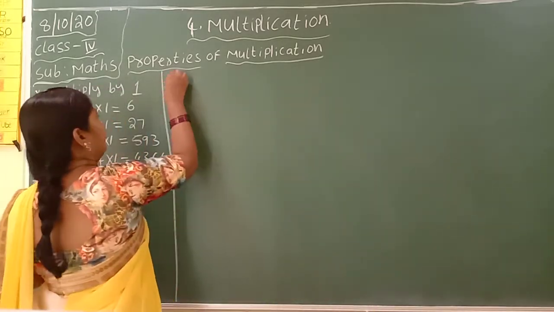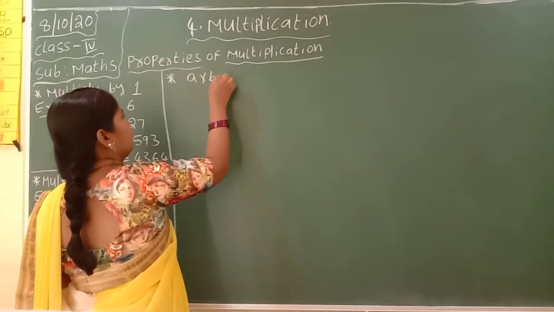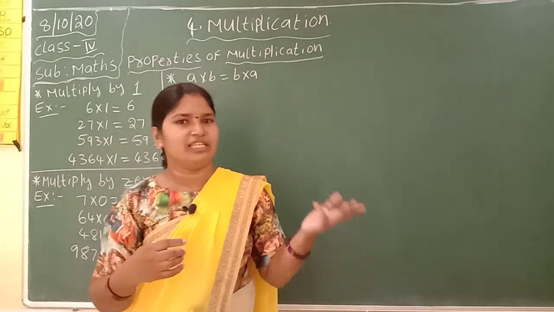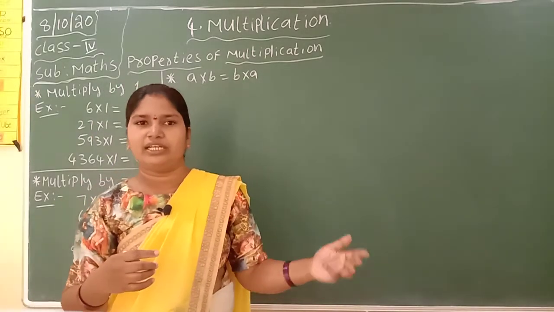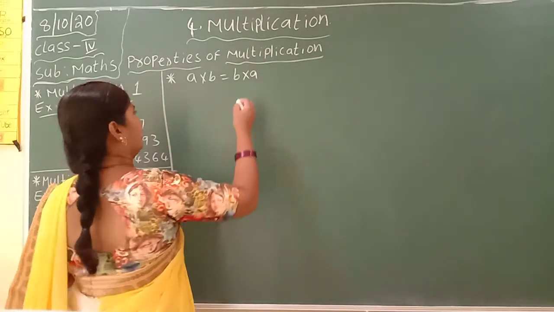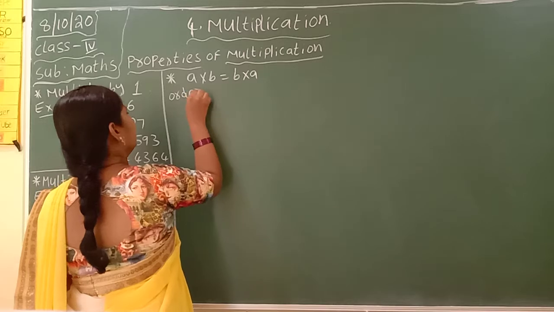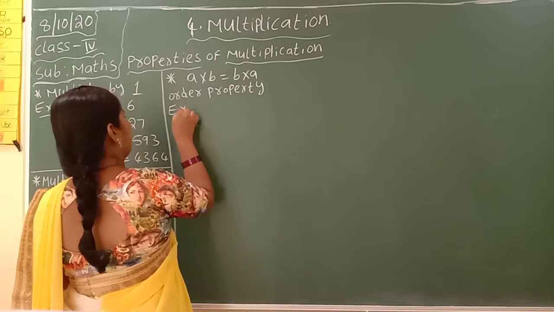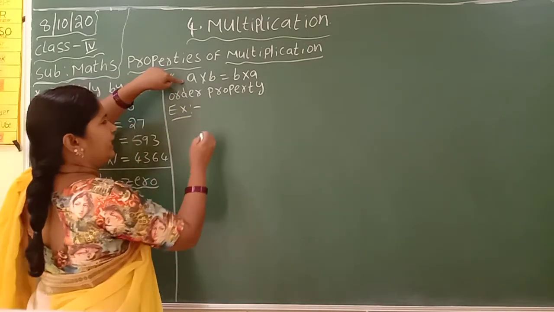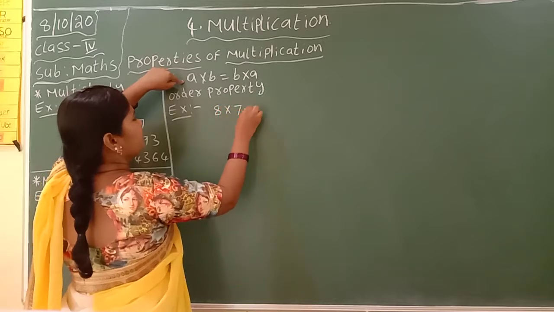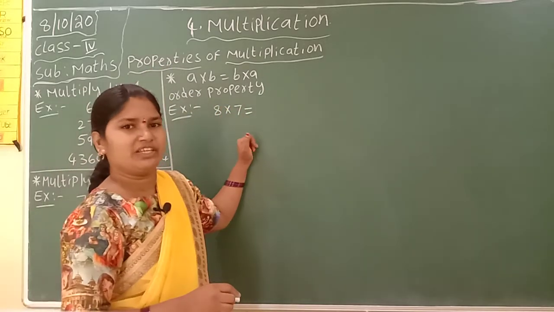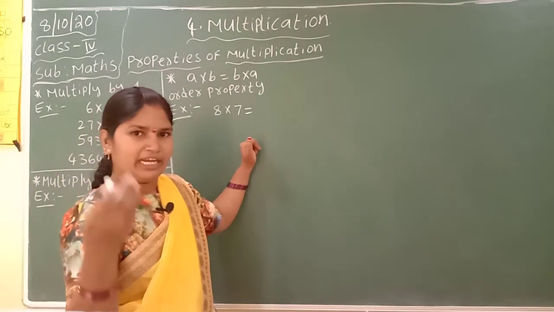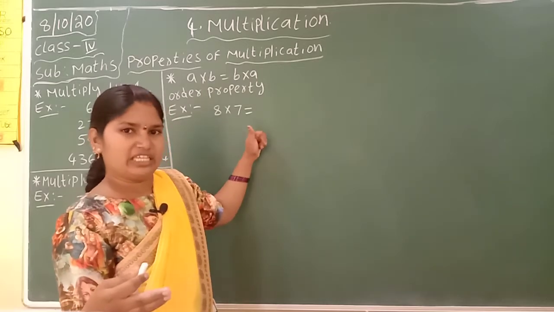And the third property, that is A into B is equal to B into A. It means if you change the order of the numbers, then also you will get the same answer. It is the order property. Here, for example, I am taking A as 8 and B as 7. Do you know tables? Tell me, 8 sevens how much? Recall the 8 table. 8 ones are 8, 8 twos are 16, like that. 8 sevens,